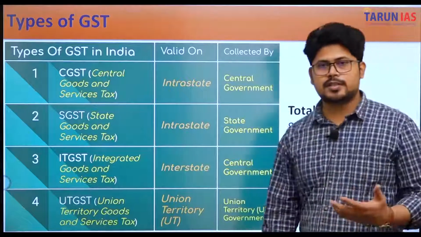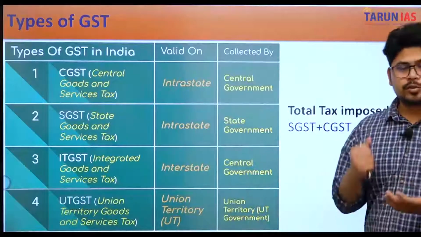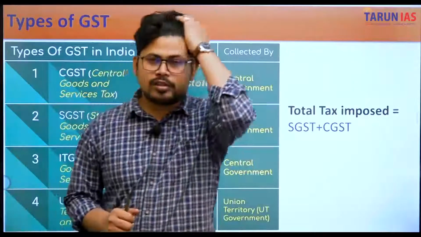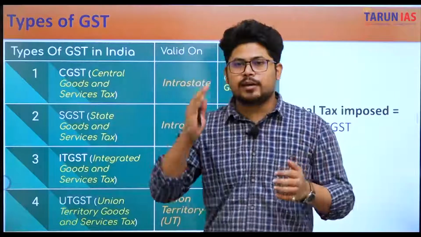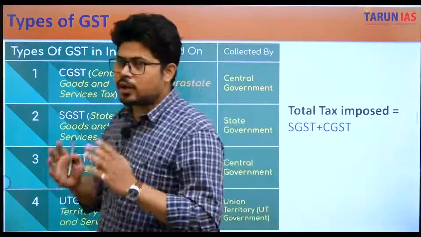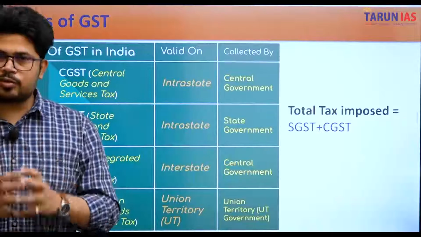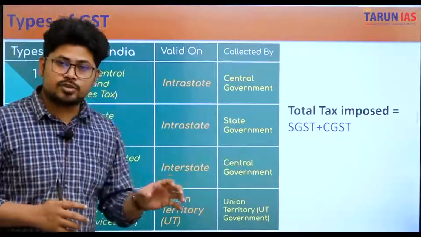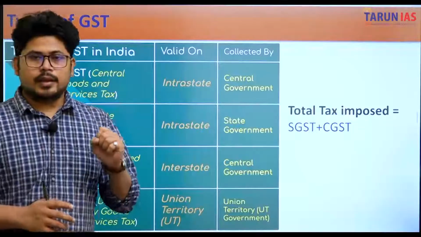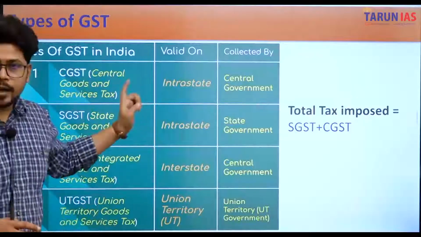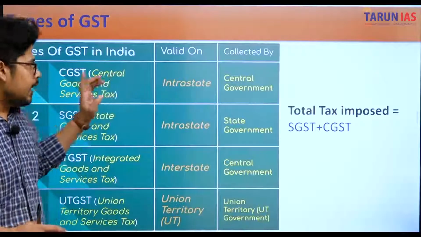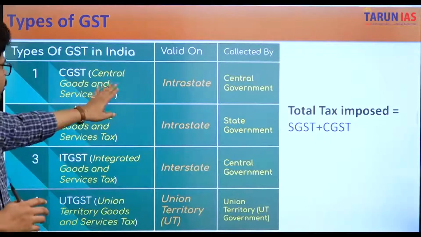Now, what kind of GST and who can impose a tax? The whole ruling is about the fact that the Supreme Court has said that not only the central government but state governments can also make rules regarding the GST tax. There is one GST Council, which is a constitutional body. The GST Council's advice is advisory in nature. It is not binding. The GST Council recommends what kind of goods should be included in which slab.